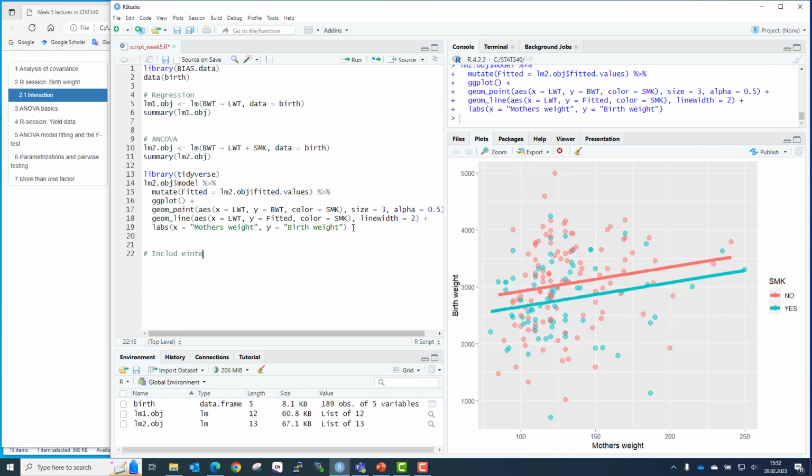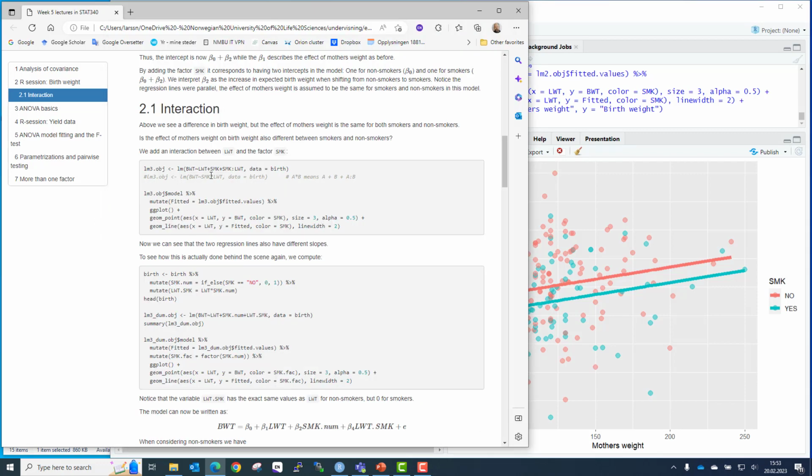Include interactions. Yes. And this is how the code looks. So let me add some space here. So you can see these two terms are the same as before. And then we add this term, SMK colon LW. So this is a way to specify a product in this setting here. Because if you add the star, as you saw here, then it actually means both main effect and interactions. So let's fit this model here